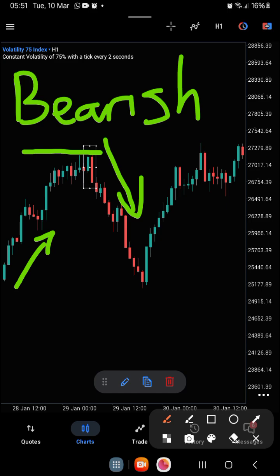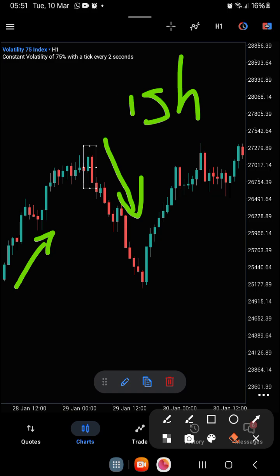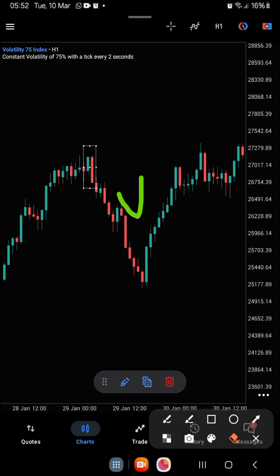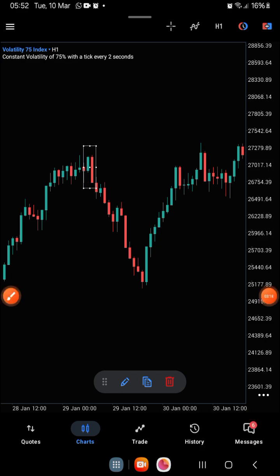It is an engulfing candle. Okay, I hope that is clear. Let's move on to our next one. I didn't remove this thing. Let me remove it. Okay,